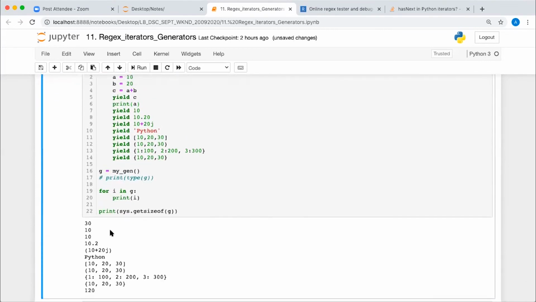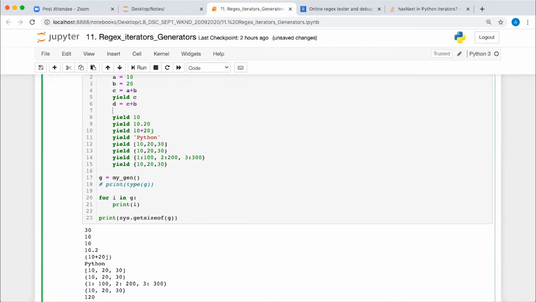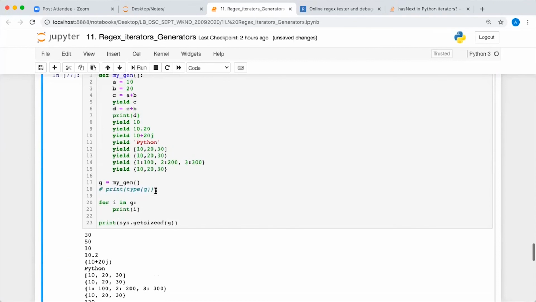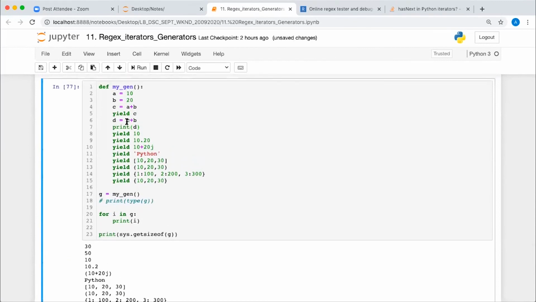Yes, you can have that. You can write D is equal to C plus B and print D here, not an issue. Yield A plus B, will it work? Yes, it will work. Why not? It will work.